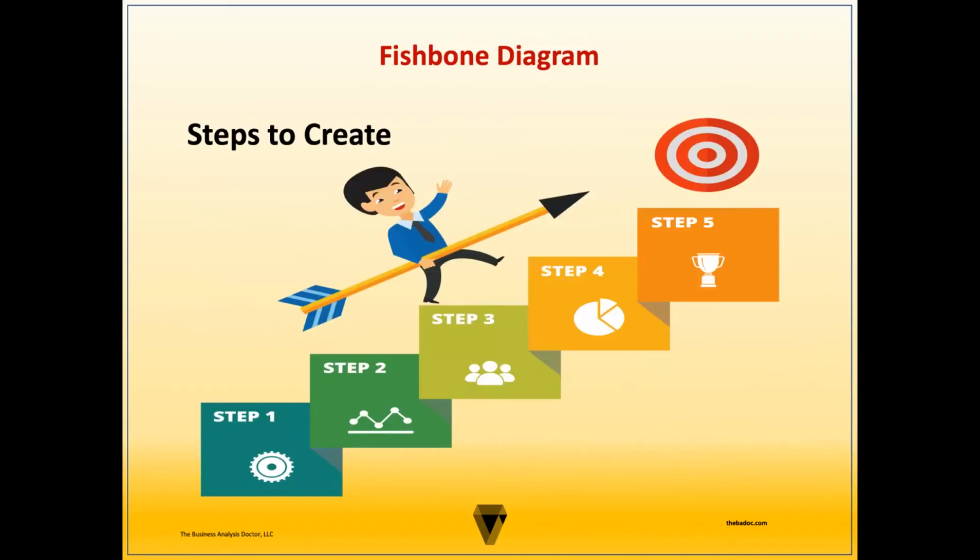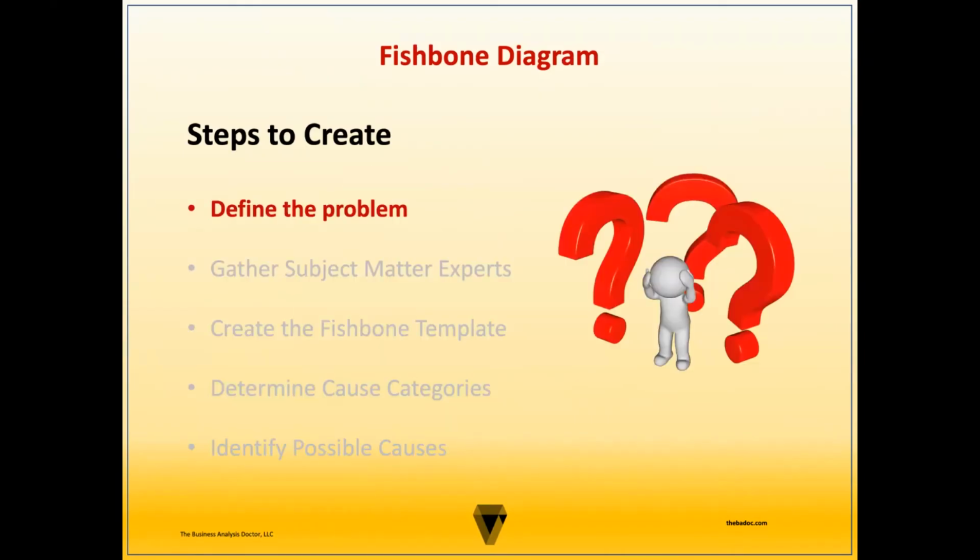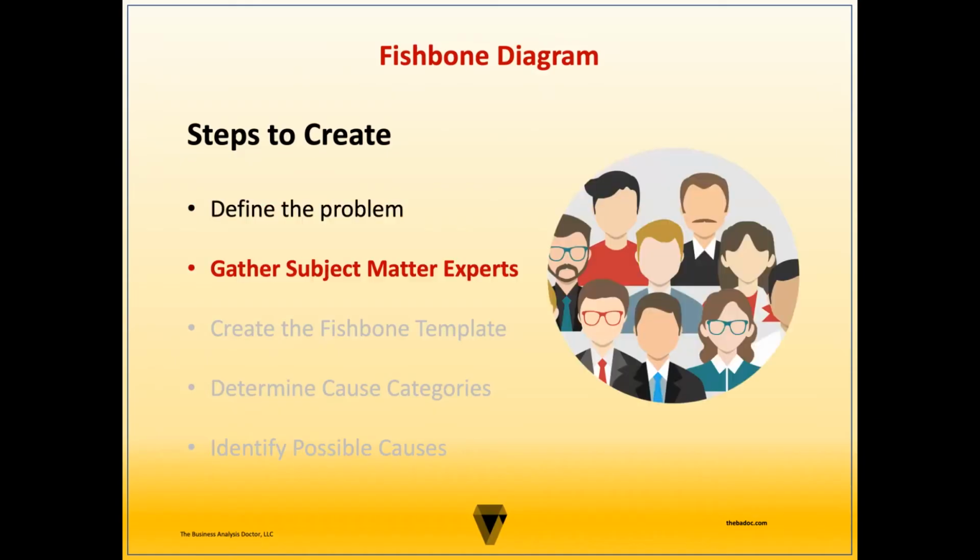Now let's look at the steps to create a fishbone diagram for a cause and effect analysis or a root cause analysis. The first step is to clearly define the problem. This will be represented as the effect or the fish head in the diagram. If appropriate, you can add information regarding the details of the problem and its effects. Next, gather the subject matter experts. Here, the business analyst will need to formulate a team of individuals who are familiar with the process, functions, and